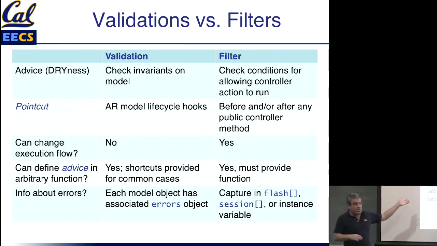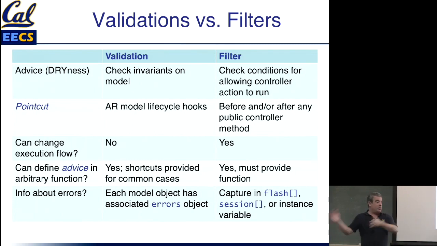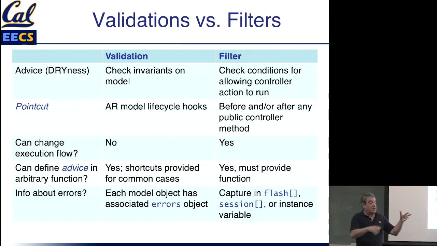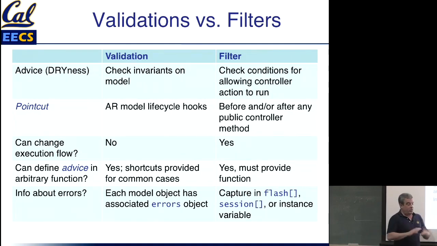However, validations could be triggered anywhere. They could be triggered deep in your model methods. They could be triggered from your controller. So there isn't any single strategy that would make sense for how to change the execution path if you don't really know what the context is when the validation is done. For example, if you have a complicated interaction where you're trying to save 3 or 4 different models at once, and only one of those models fails validation, what's the right thing to do? Well, you can decide in your code what the right thing to do is, but there's no automatic answer to what you should do.